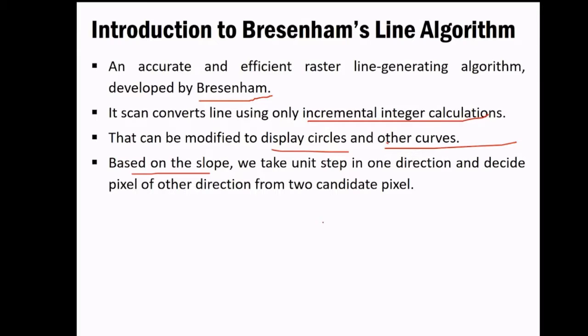You can think of this algorithm as giving us a more precise answer as compared to the previous one, because we are using one decision parameter that gives us the closest pixel to that particular line. So you'd be getting a more precise line, or more precise values. Obviously this is more helpful and more efficient than the previous one, because the decision parameter is here and we have to choose from the candidate pixels that we could have at any point. Two candidate pixels, we will see how we can decide this in the Bresenham algorithm.